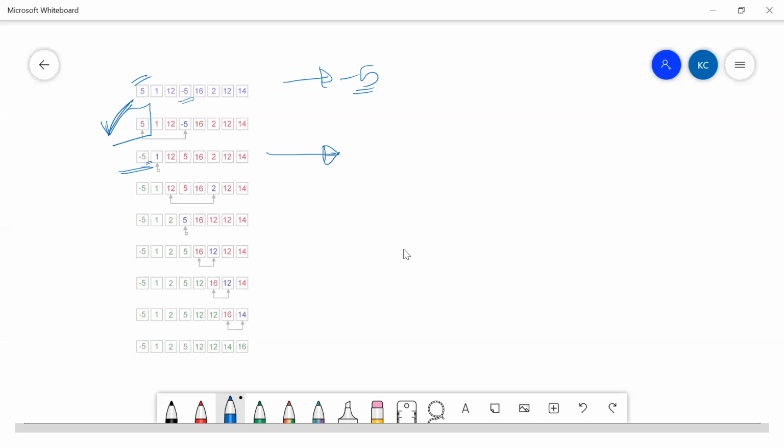I came to know that 1 is the least element, right? Then I came to know that there's no point of swapping now. The reason is 1 is already in its correct position, right? 1 is already in its correct position. So now